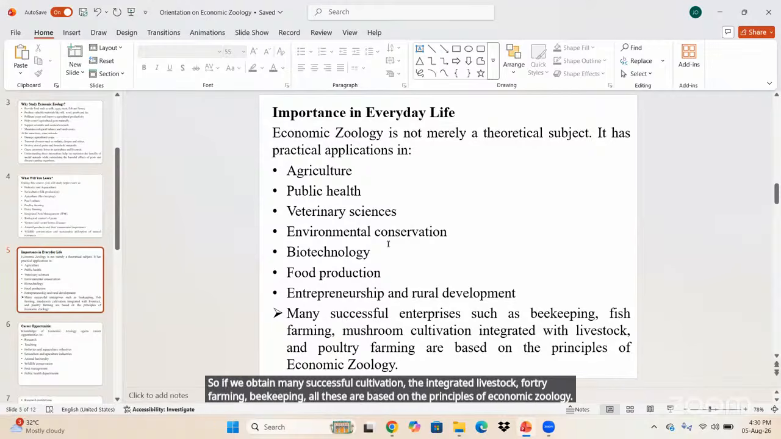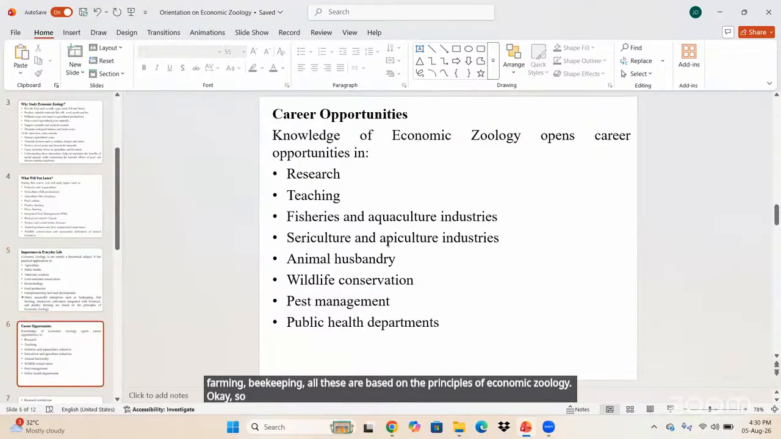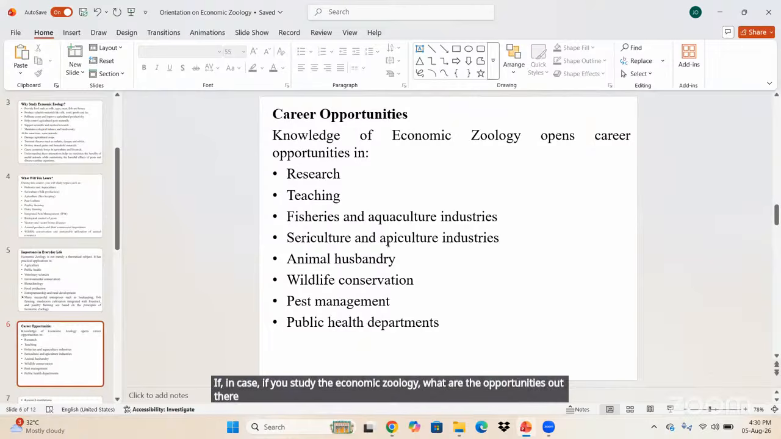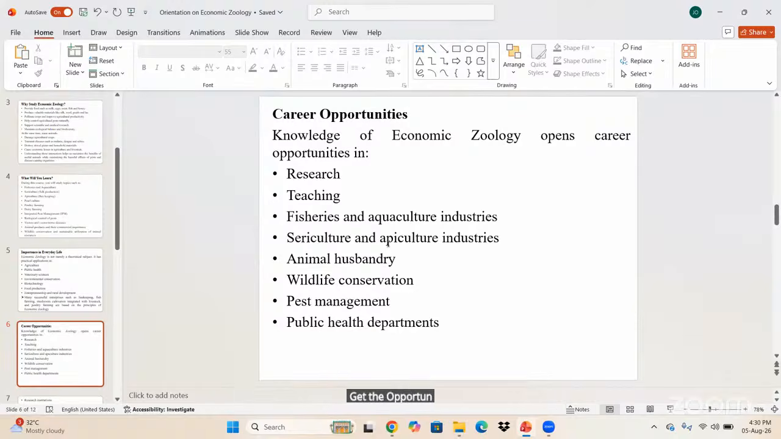Okay, if we study economic zoology, what opportunities are there? Actually, students think that if we study zoology, we have a major job opportunity in the teaching field, but not only the teaching field. By the knowledge of economic zoology, we also get opportunities in research, fisheries and aquaculture industries, sericulture and